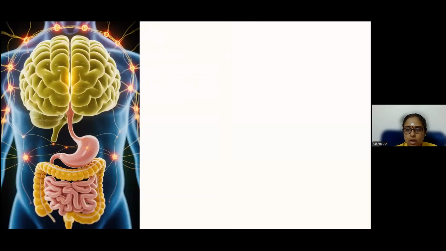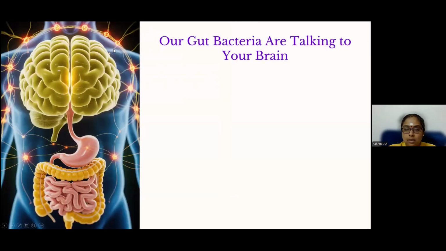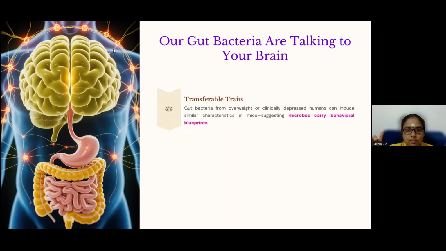Then, our gut bacteria are talking to our brain. A few years ago, what they were telling was that the brain is instructing everything inside our body. But now they are saying our stomach is instructing the brain. Because the microbes in our alimentary canal, the stomach, large intestine, and small intestine, where all these things are happening, we call it the alimentary canal or the gut. The microbes in the gut talk to the brain and ask it to function according to their wish. Okay.